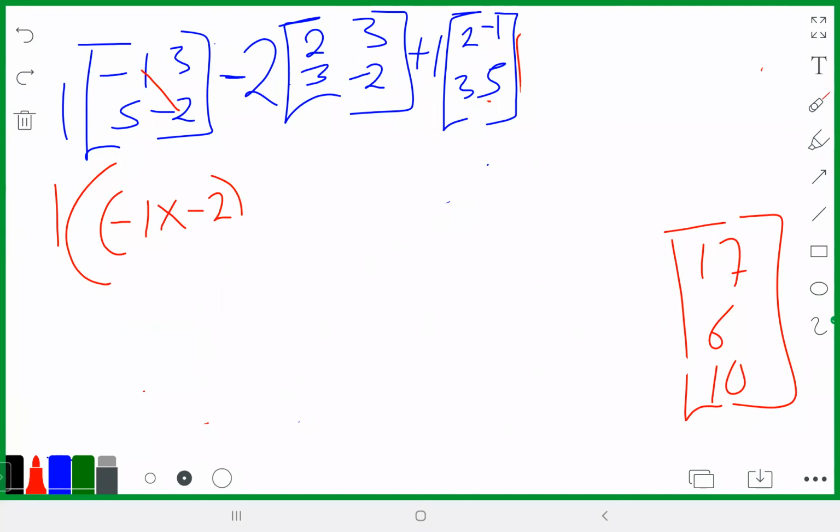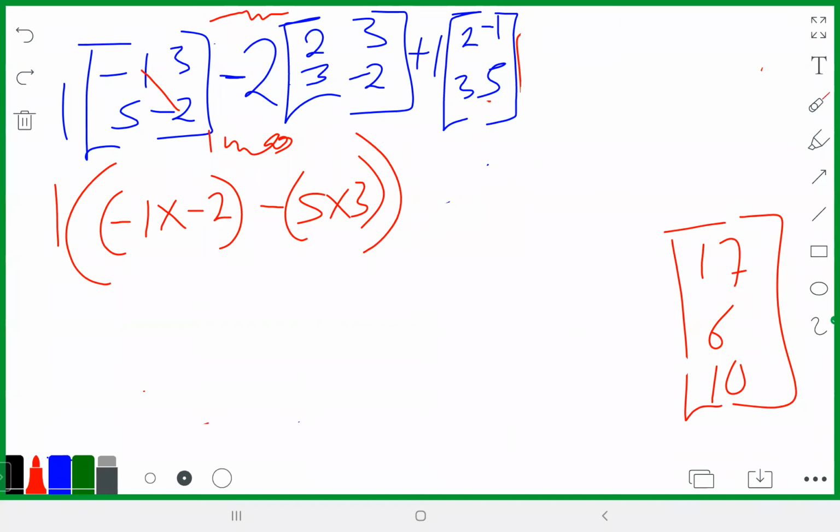2, right? Minus 5 times 3, okay? So you subtract the product of the major diagonal minus the product of the minor diagonal. This one is called the minor diagonal. This one is called the major diagonal. So you multiply the entries in the major diagonal, then you subtract the entries of the minor diagonal, like that,